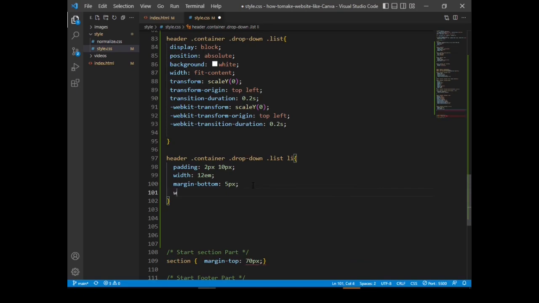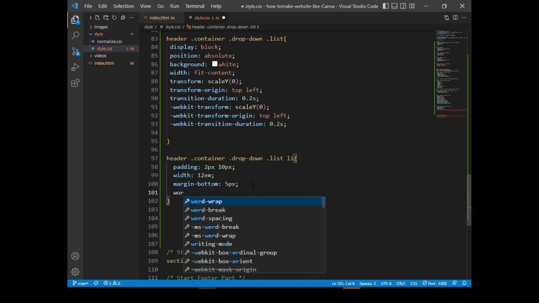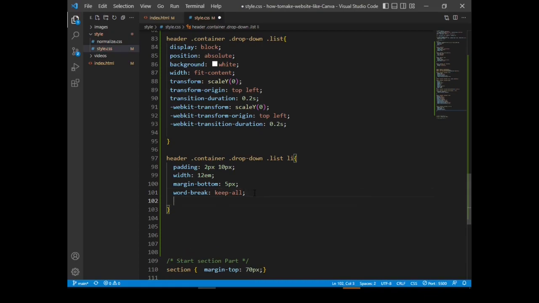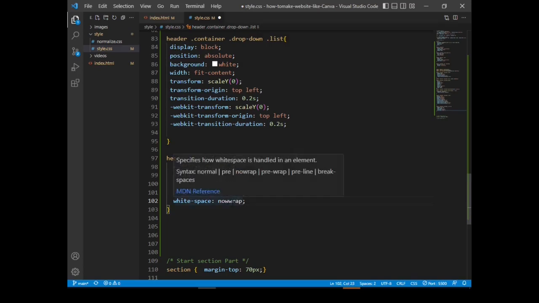Word break, keep all. White space, no wrap.